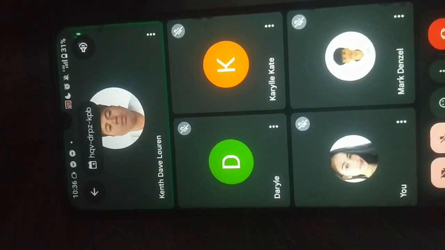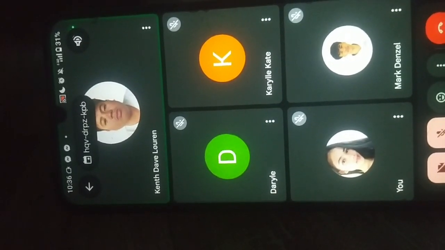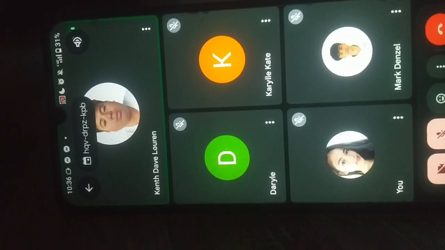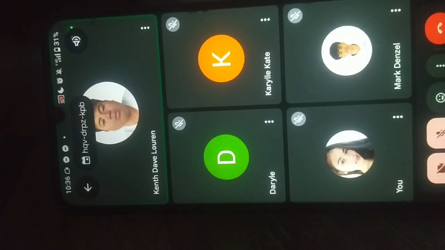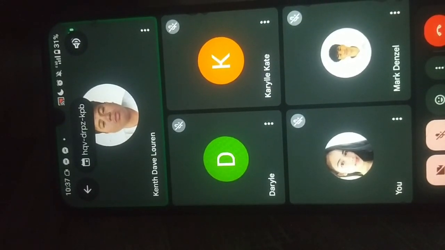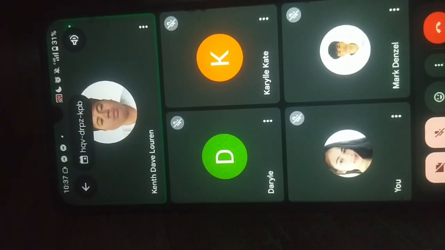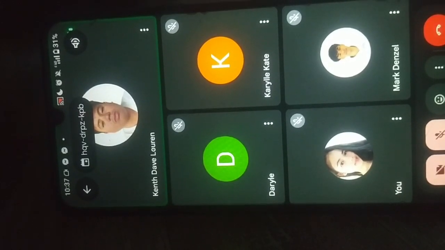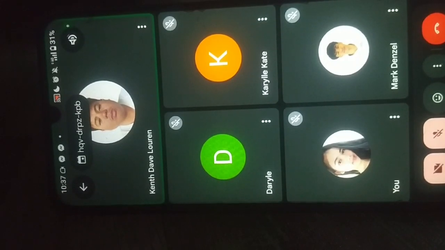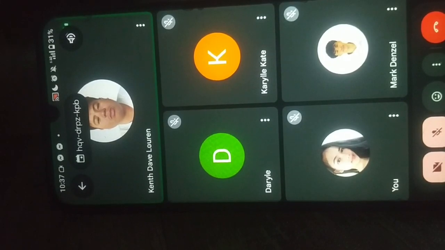For example, if the base is a rectangle 4 centimeters by 3 centimeters and the height is 10 centimeters, then P equals 4 plus 3 plus 4 plus 3, which is equal to 14 centimeters. And B is equal to 4 times 3, which is 12 square centimeters. So our SA is equal to 14 times 10 plus 2 times 12, which is 140 plus 24. The final answer is 164 square centimeters.